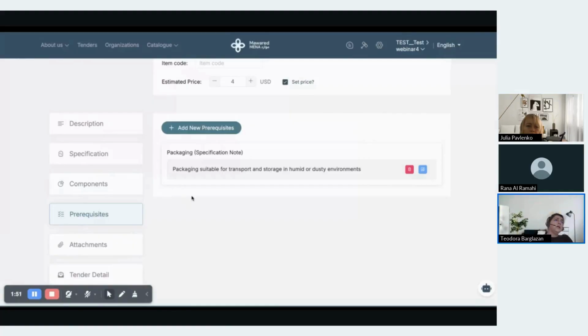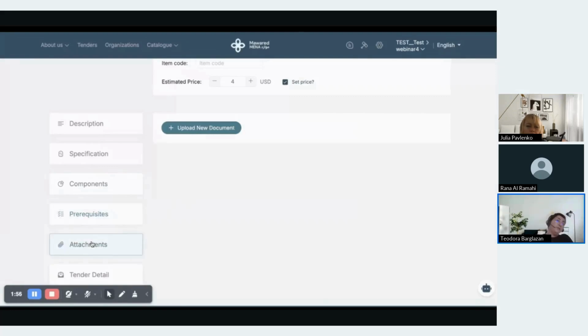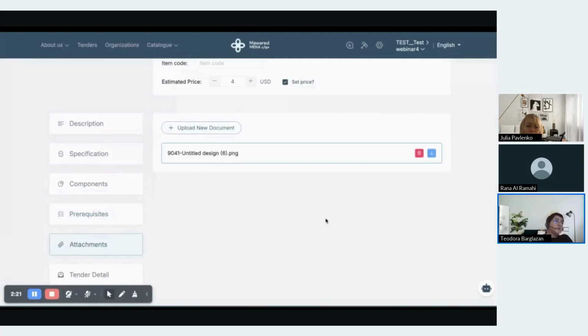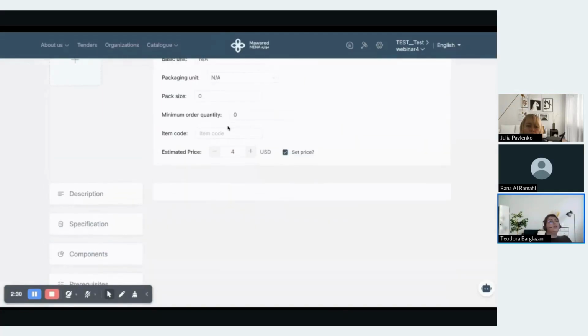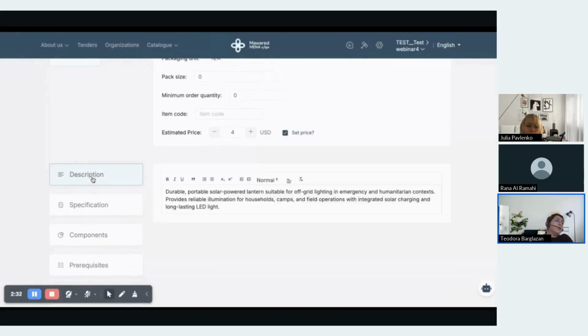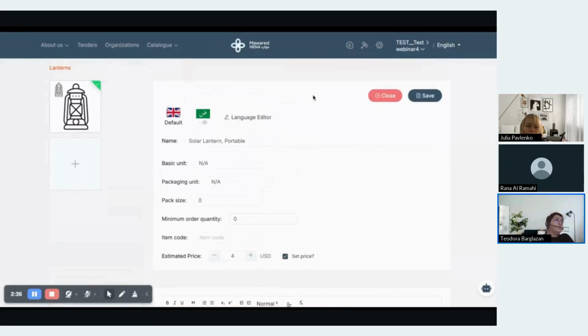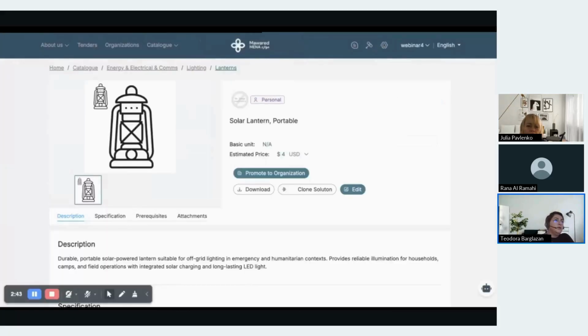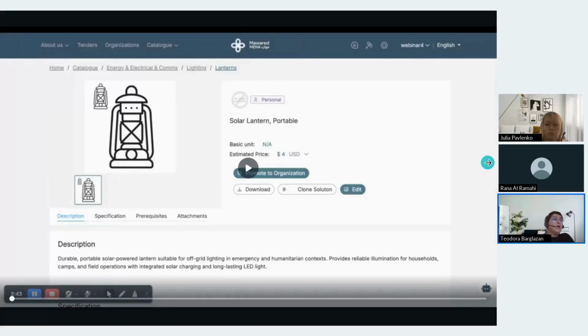And then you can move on to add prerequisites if applicable, attachments like data sheets or drawings, depending on the product, and also, of course, you can put a relevant picture or as many pictures as you see fit. And there it is. Once you are ready, the product will be saved in your personal catalog and you're fit